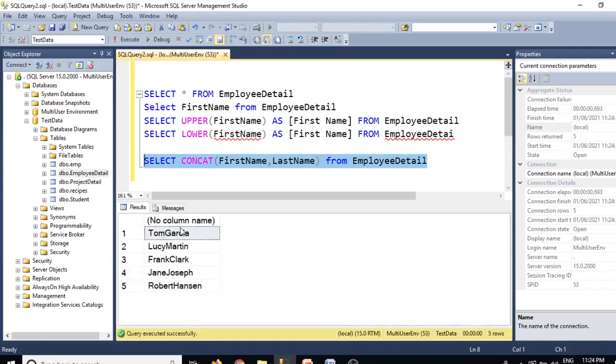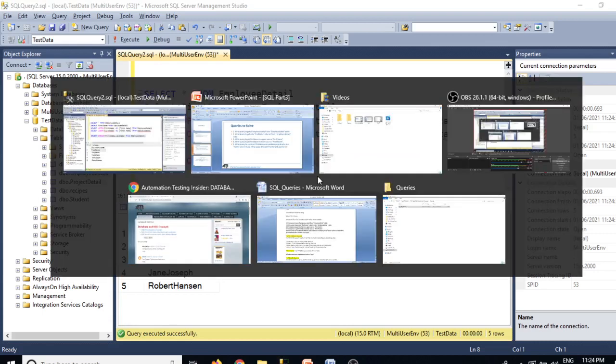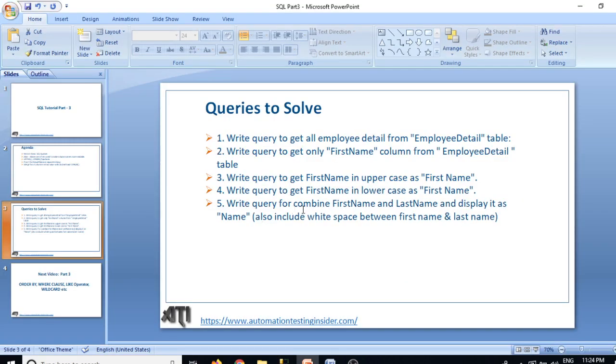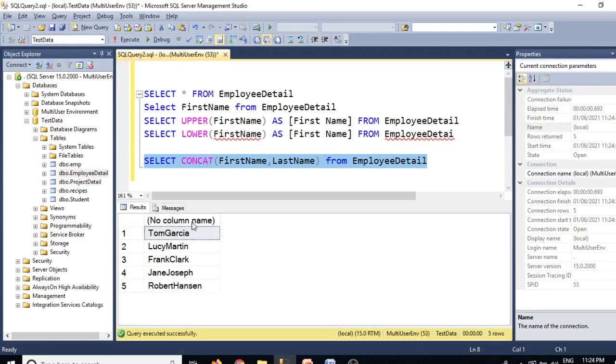We combined first name and last name: Tom Garcia, Lucy Martin, Frank Clark, like this. But our question is to write a query to combine first name and last name and display it as name. Also include white space between first name and last name. So there should be a space between first name and last name, and this should print in a column named name.